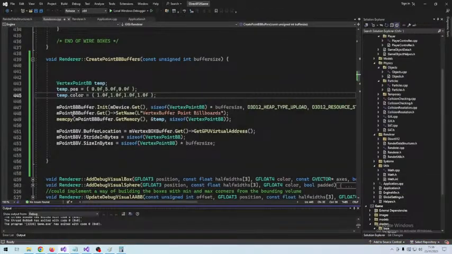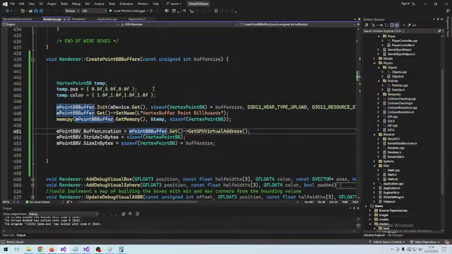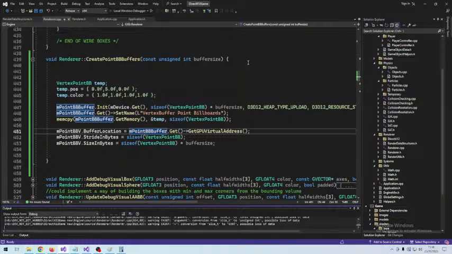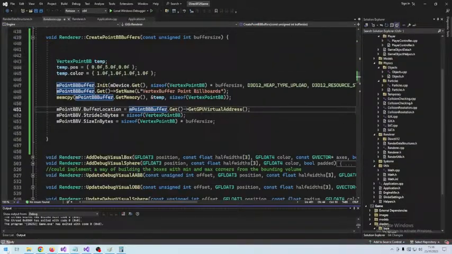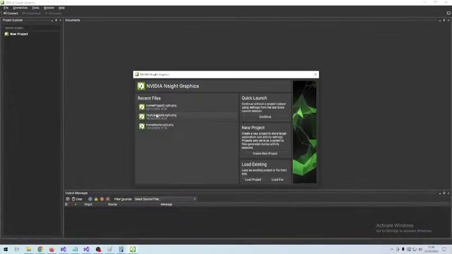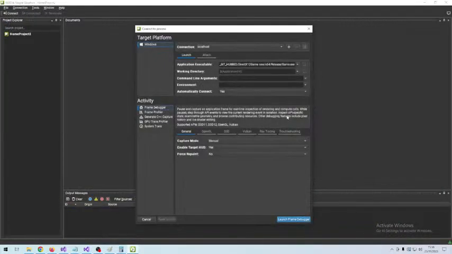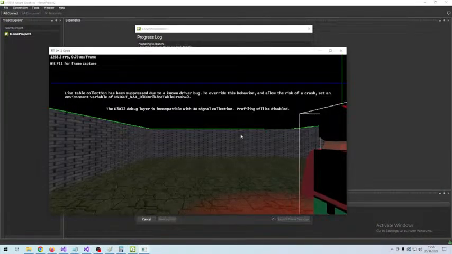Also, this is going to need to change. There we go. Always read your code before you start wondering what is going wrong. Anyway,